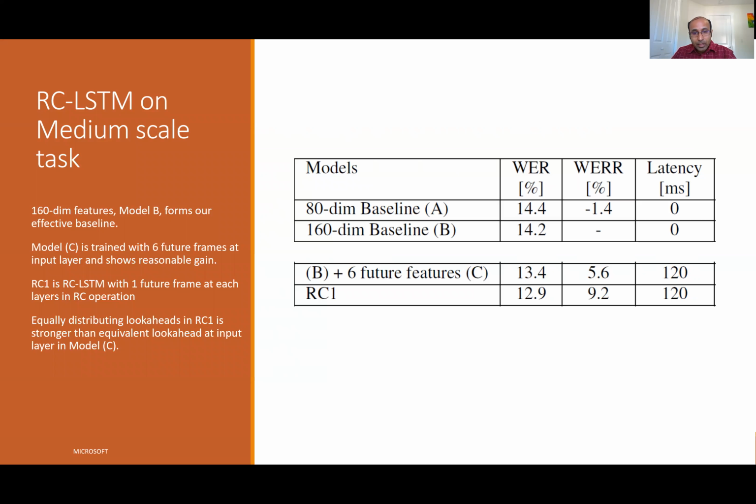So before presenting the RC1 model, we also present a model C, where we build on model B but include 6 future frames, concatenating 6 future frames at the input layer. Clearly that improves word error rate from 14.2% for the baseline B to 13.4% for model C. So it clearly shows that there is some extra benefit we can get by using future frames